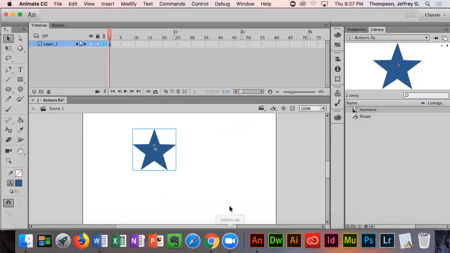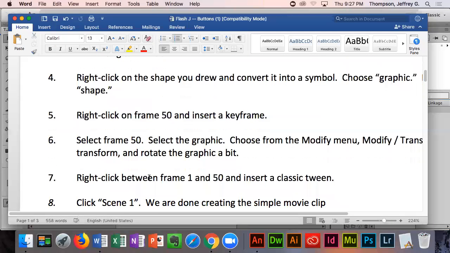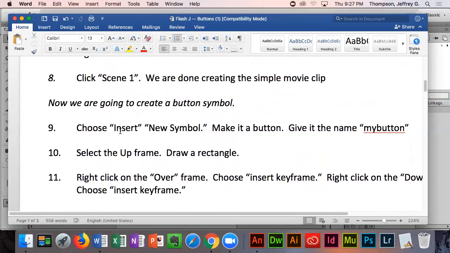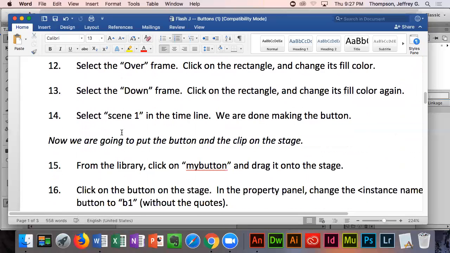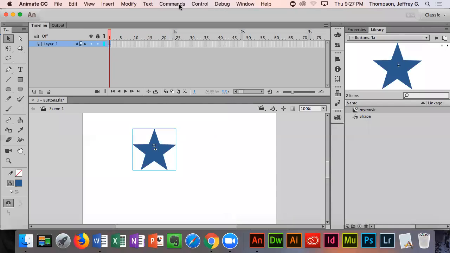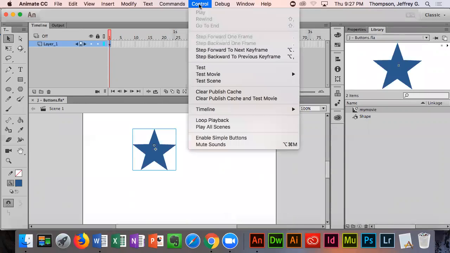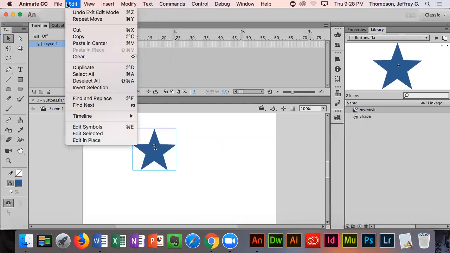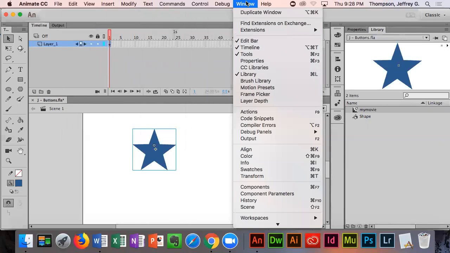We have our star out on here, and we need a button. This shows drawing a button again. Why don't we just grab a button from the button collection? So save ourselves a little bit of time, not have to draw the button again. So where do we find those? Oh gosh. It's going to take me longer to find it than the